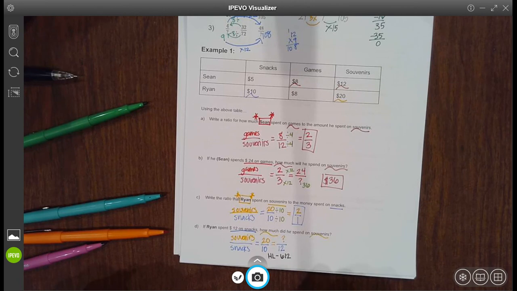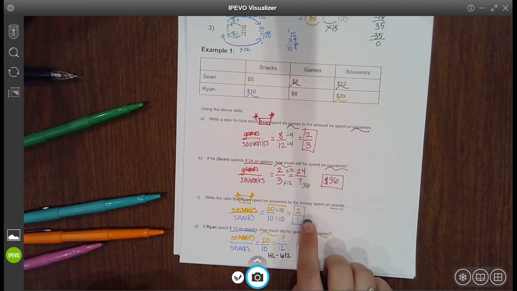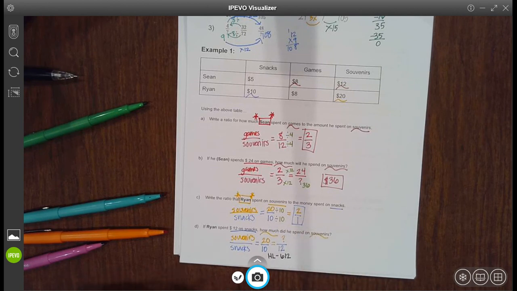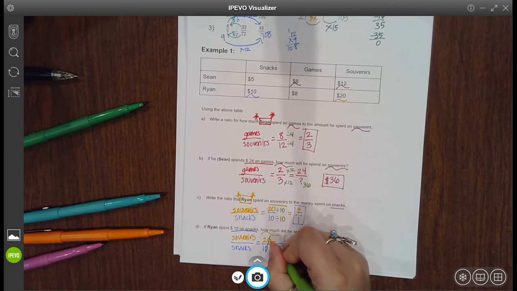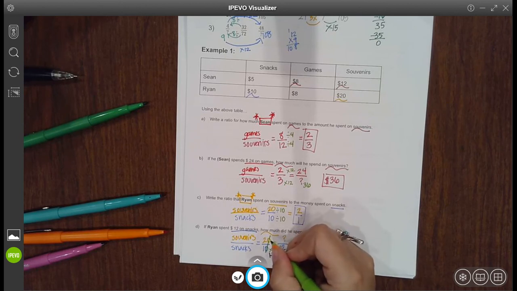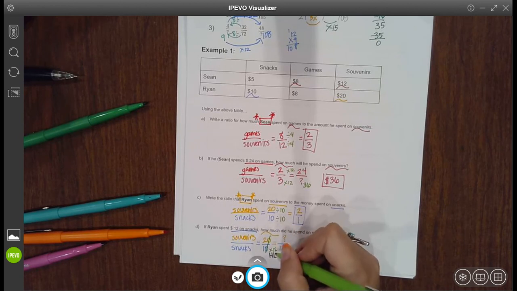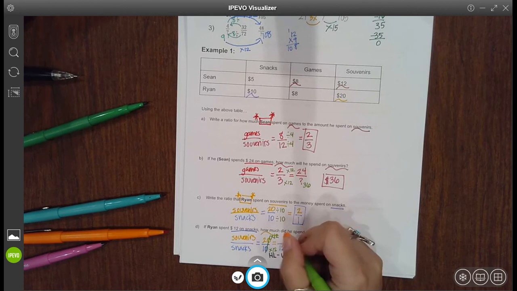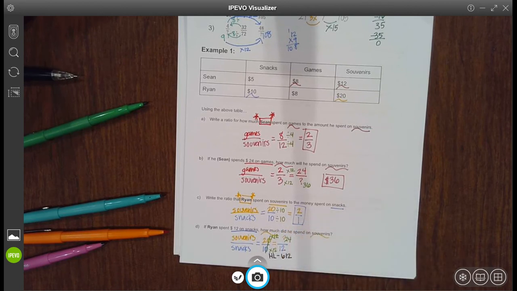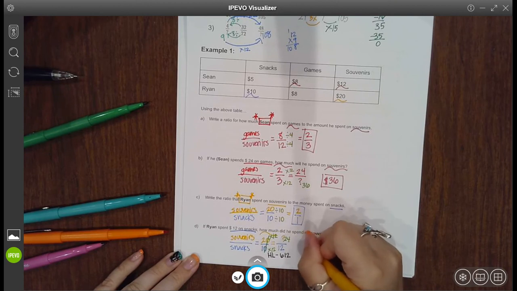Okay, and you're like, that doesn't really help me, because how do I go from 10 to 12? And then you're like, oh, that's probably why it's always best to write your ratios in simplest form. So remember that we reduced this to 2/1, okay? So now it's easier to see, how do you go from 1 to 12? Well, you multiply it by 12. And how do you go from 2 to the unknown? You do the same thing you did on the bottom. If I multiply by 12 here, I multiply by 12 on top. And 2 times 12 is 24, which means Ryan spent $24